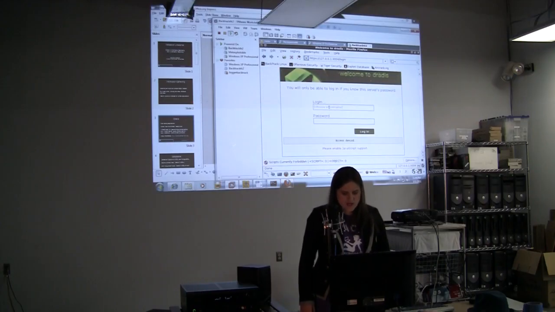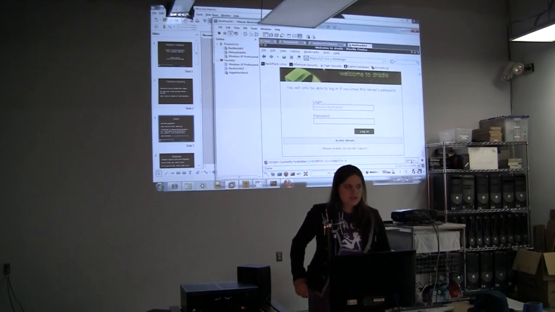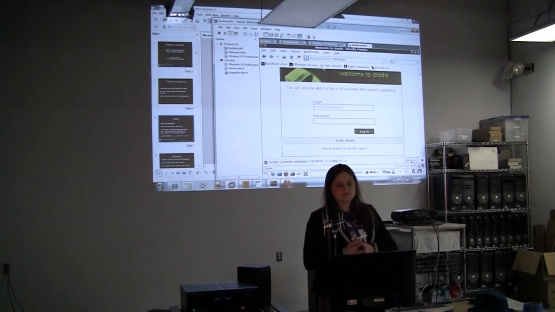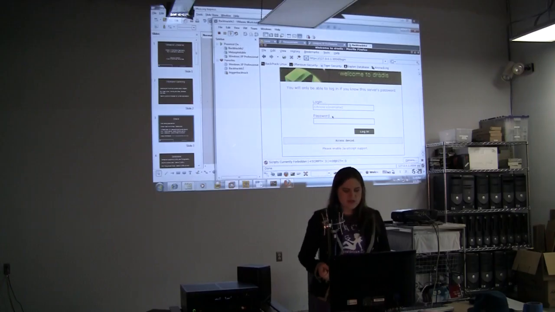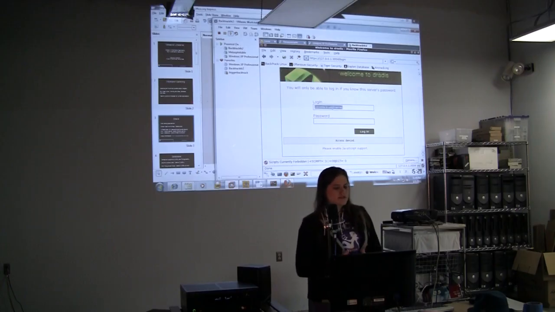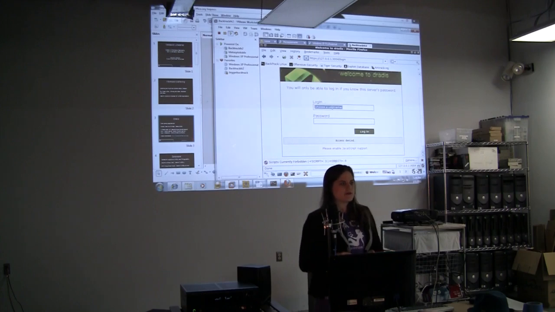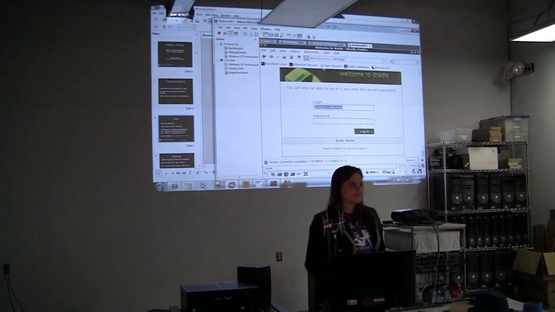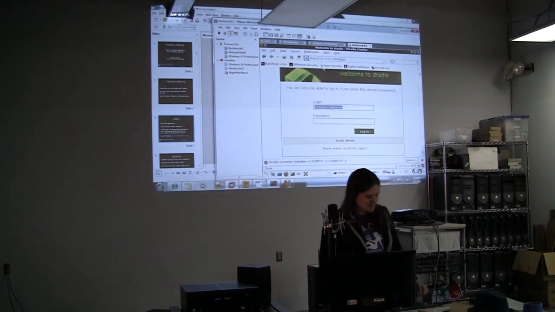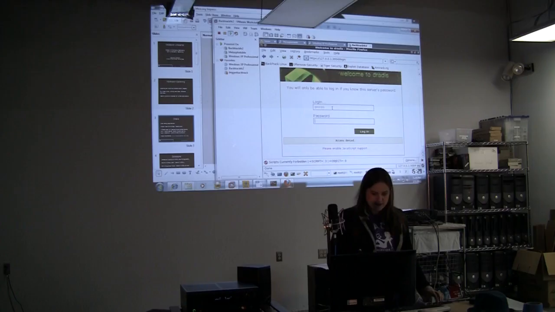The first time you go into Stratus, it will not look like this exactly. It will ask you to put in a password, because you set this up yourself. If you're working on a team, you share it with each other, and your username actually isn't included in authentication. It's just so you don't have to add your name every time. If I'm working on a team, I put in my username as Georgia, and then everything I add, people will know it came from me. I put the password on here as password. You can set your password to whatever you want. Use better passwords than password in the real world. Since mine's already set, I would just log in as Georgia and password.